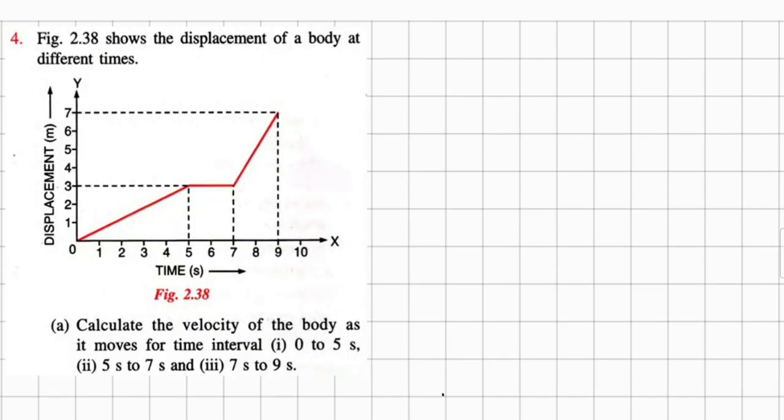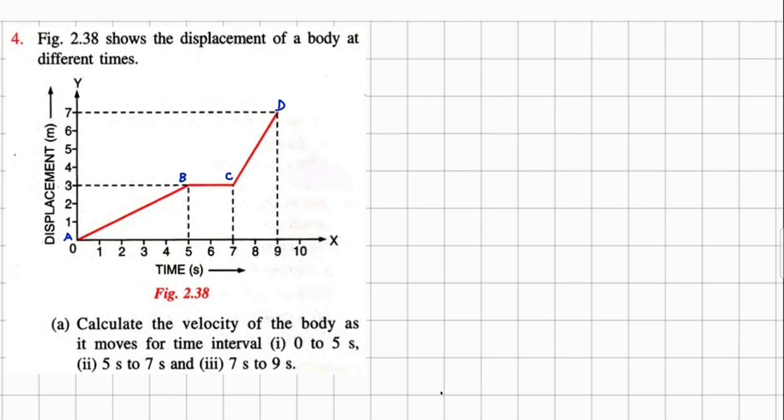Question number 4, displacement time graph is already given to you. From this graph you have to find the velocity for the time intervals. First of all, I will label the graph. So I have labeled it as A, B, C, D. First part of the question says calculate the velocity as it moves for time interval 0 to 5 seconds, that is slope of line AB,